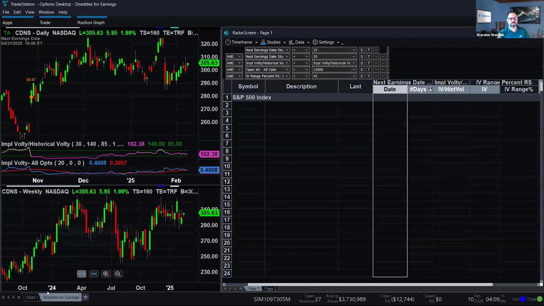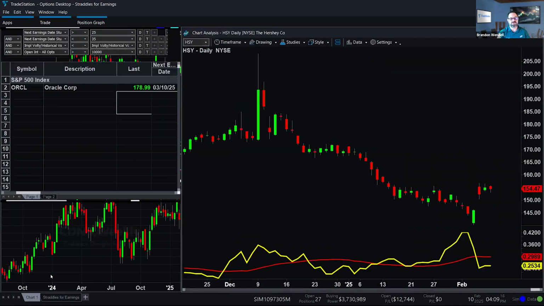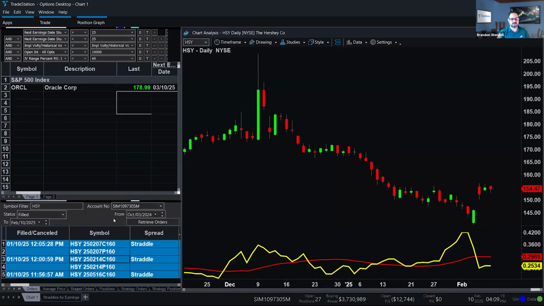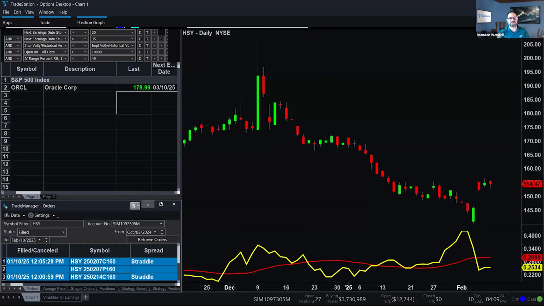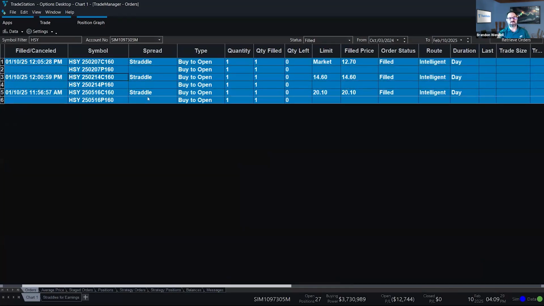The actual entry for the position, if I go back over here in my Trade Manager window, and I'll go ahead and enlarge that one. We did 3 different opportunities. As you can see, there was straddle, straddle, straddle. These were all put in on the same day, which was the 10th, about a month ago, exactly, on Hershey, because they were going to release earnings. And I believe the earnings came out on Thursday of last week, might have been Thursday the 6th. And you can see I had various filled prices.